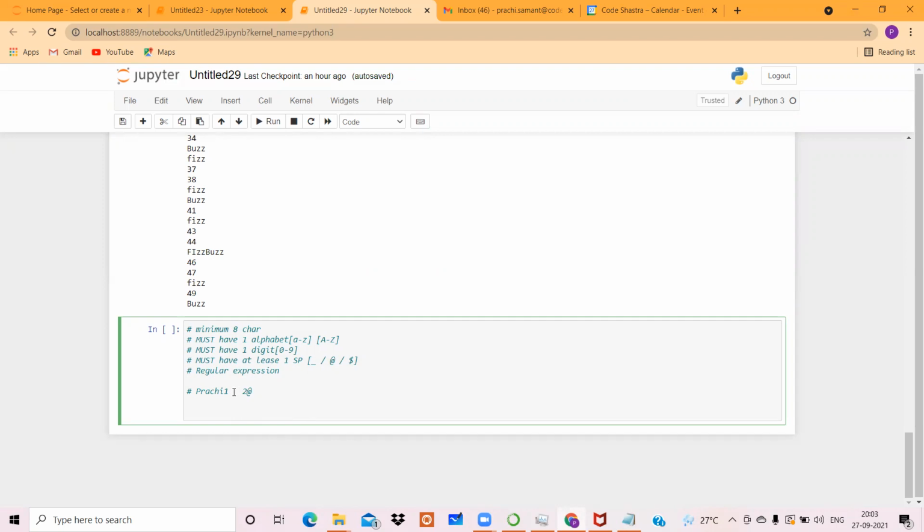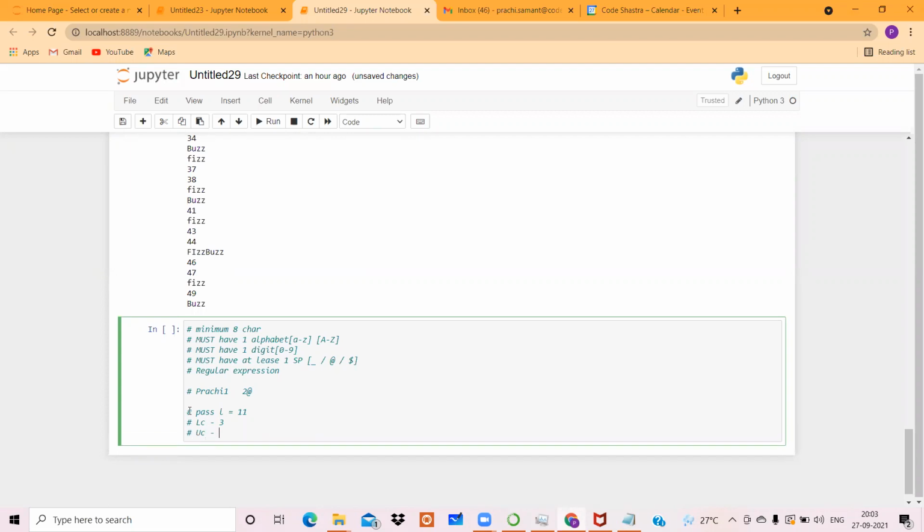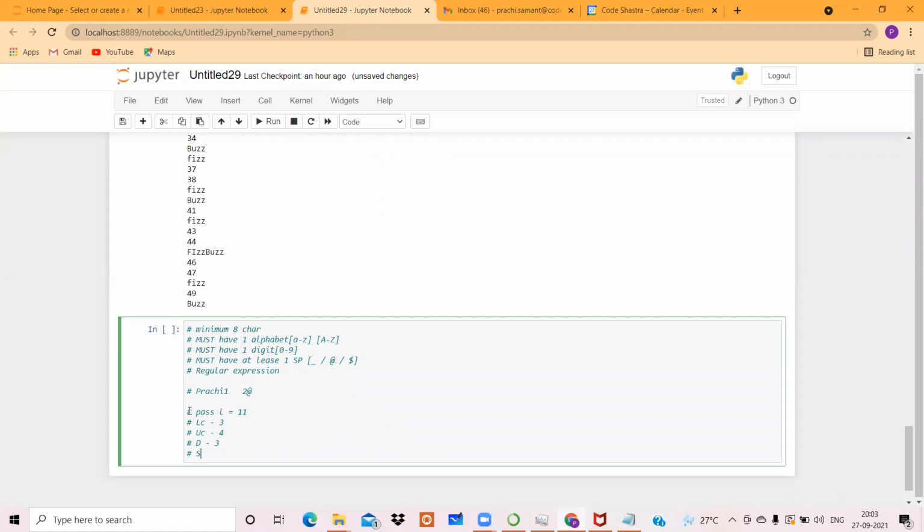So we have to keep in mind that the count of lowercase, uppercase, digits and these extra characters or symbols, the resulting length should be exactly equal to the password length entered by the user. I hope you are getting what I'm trying to say. Suppose the password length is 11. Let me just write like this. If the password length is 11, and suppose there are 3 lowercase letters, 4 uppercase letters, 3 digits, and the special symbol should be only one, then if you add them, 3 4 3 1, this will become exactly equal to 11 and you can say that yes, this is a correct password.